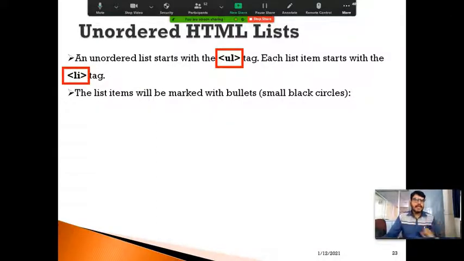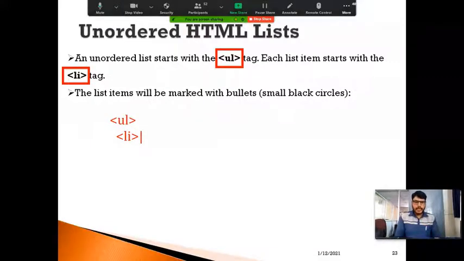Li indicates list item. Within this UL tag, we are going to specify Li.